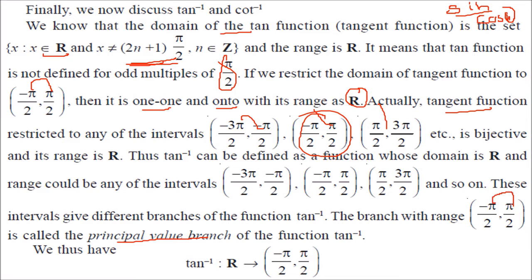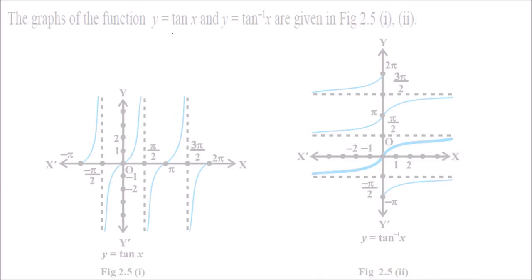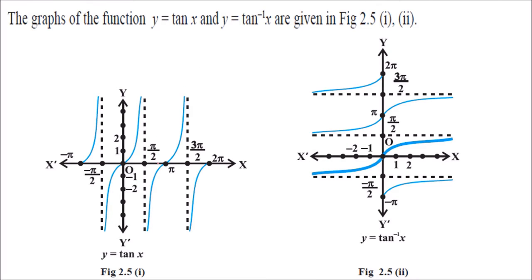Now for the tan inverse function, the domain of tan will be the range of tan inverse, and the range of tan will be the domain of tan inverse. So for tan inverse, we have this x. We have taken the branch of partition as minus pi by 2 to pi by 2. So this is the graph of y equal to tan x. You see that this graph never touches pi by 2, because tan is sin x by cos x, and cos x will become 0, so it will never touch. It will just go like this. For these two values, it is undefined. That is why it is not touching.